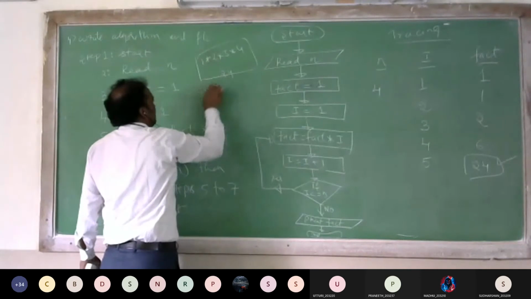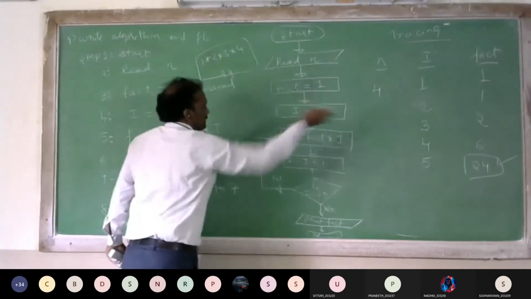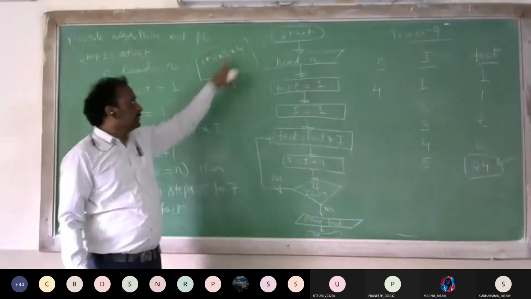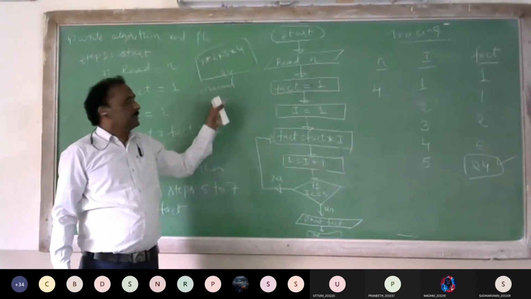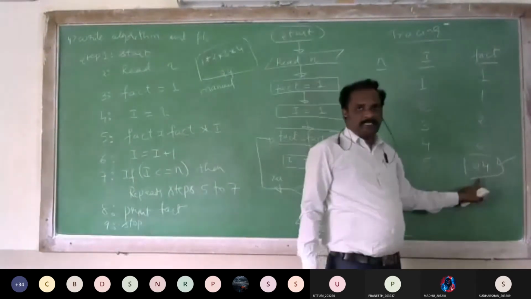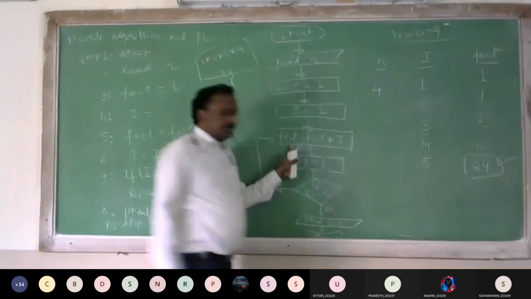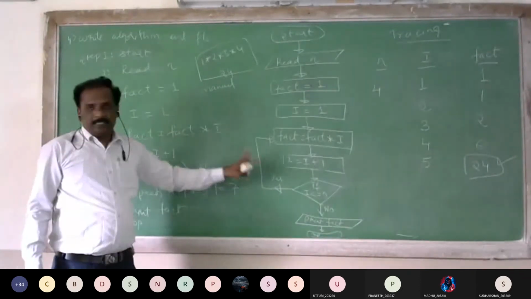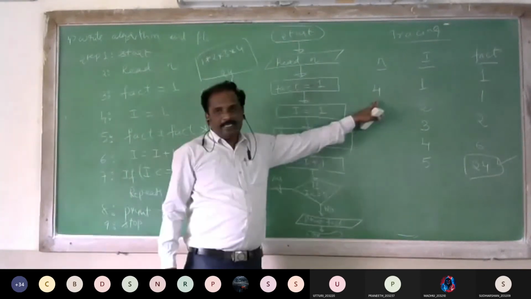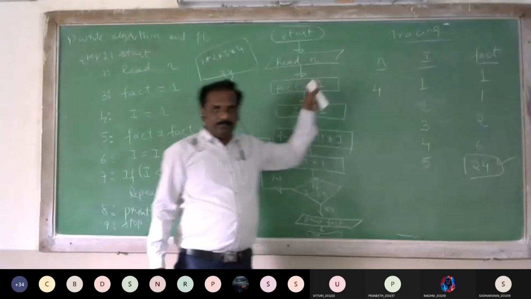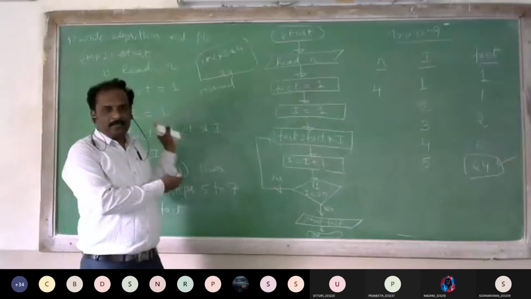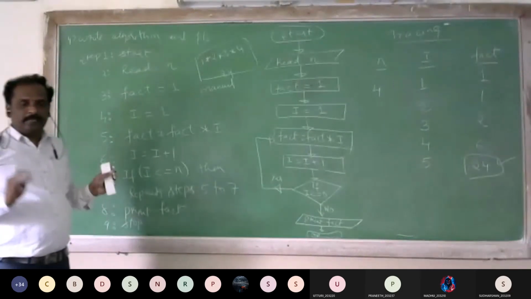So this is manual calculation. This is the tracing according to the flow chart. 1 into 2 into 3 into 4 is manual. So our manual result and the flow chart tracing are the same. Then we say that our algorithm or flow chart is correct. It works for any value of n. If you want to check for another number, I can take n is equal to 7. Now I can follow this process. For 7 also it is correct. Then in general we can say that whatever algorithm or flow chart we have written, it works for any value of n.